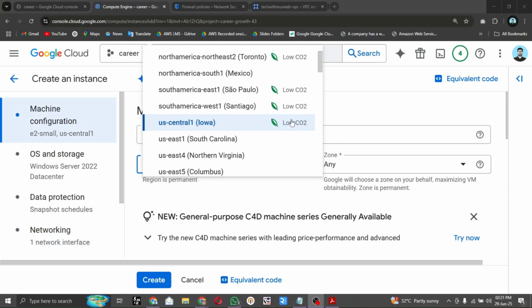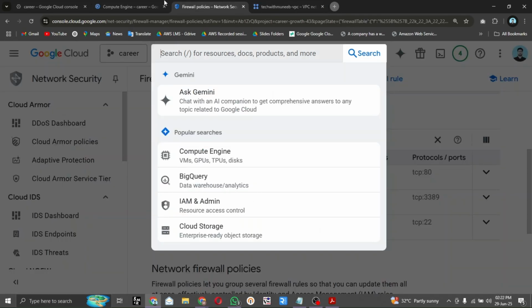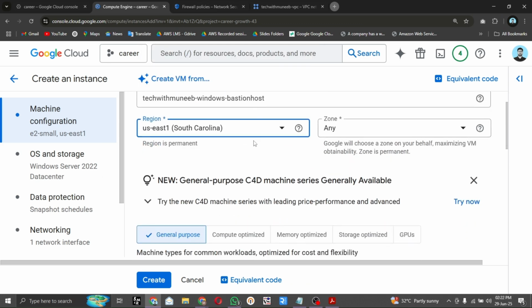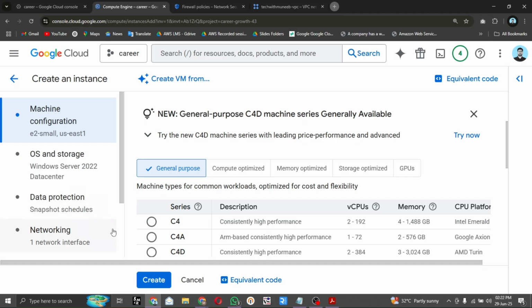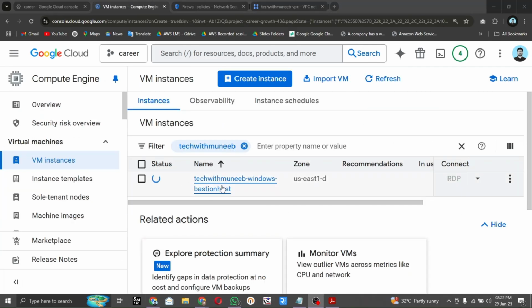Okay, I forgot to tell you one thing: when you create a subnet in a different region, while creating a Compute Engine instance or any machine, you should select that region, because these subnets are in your VPC. Okay, so US East one. I mistakenly selected US Central one. So US East one, and we are good to go. And then create. Okay, right now, as you can see, the tag with Munib Windows Bastion host is being provisioned,